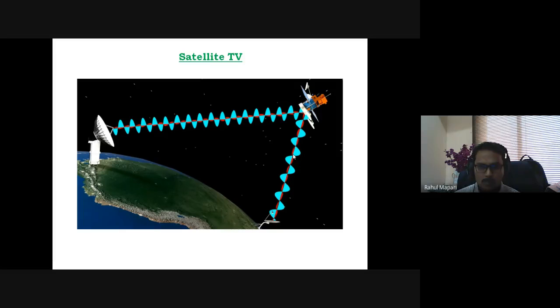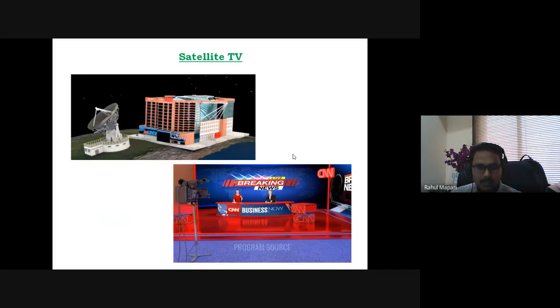Now we will see how satellite television works. Here I take the example of CNN, a channel which is used in the USA. Any channel is considered a program source, which has its own transmitter. Any program for that channel is shot inside the studio.